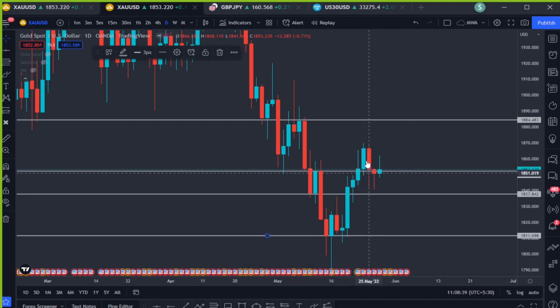So once we close back into the range, we expect the price to fill the range. But as you can see, we have two daily candle closes bearish, but we have lots of rejections, and the last red daily candle closed bearish, but a weak bearish. So anyways,